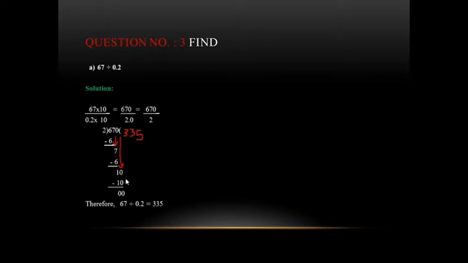So this is how we have to perform the division of a non-decimal number with a decimal number. Then one more example we will see, that is 0.4785 divided by 0.087. So here both the decimal numbers are given, and here first we will convert both decimal numbers into non-decimal numbers, and then we will perform the division.